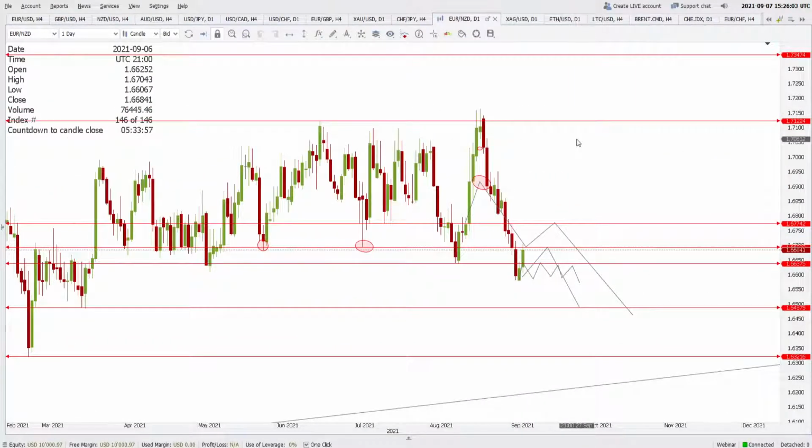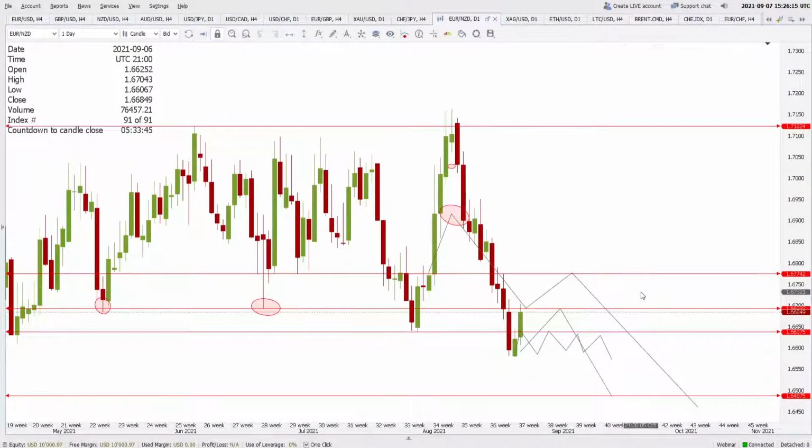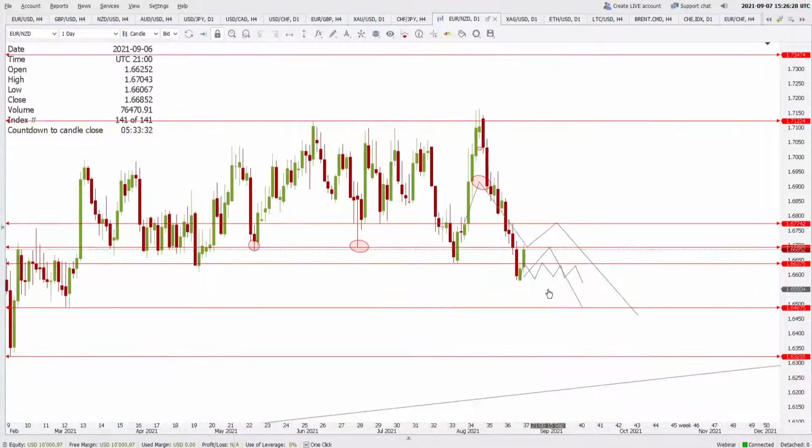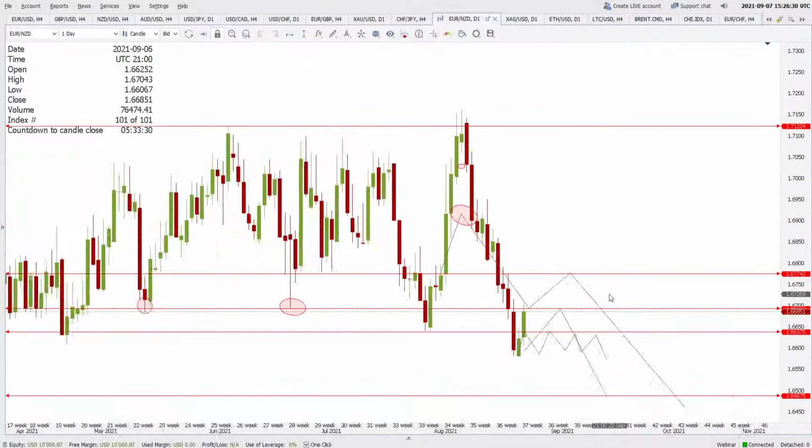Euro New Zealand, yesterday we said that this is a pullback, and the pullback can go all the way to 1.6693, this zone, and the price has already been there. So now where to? If the pullback is not over and the price does not start going towards 1.6487, then it can go to 1.6774. But I think if it is just a pullback, the price may,